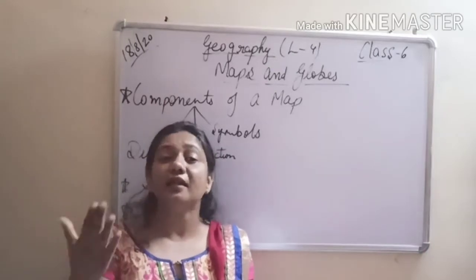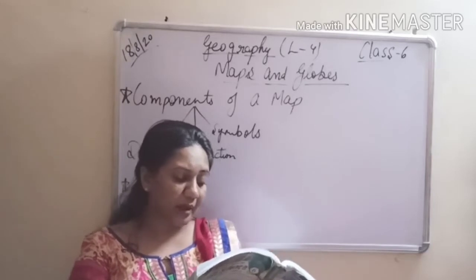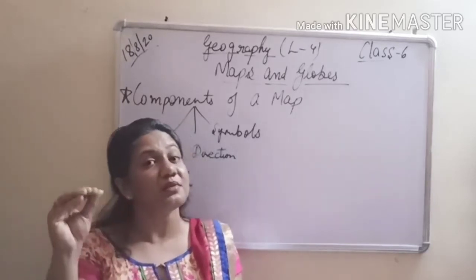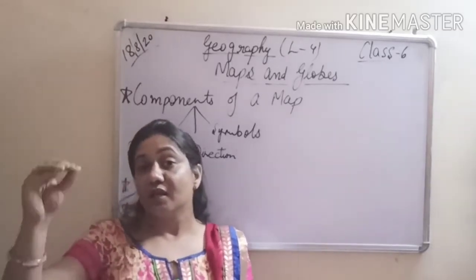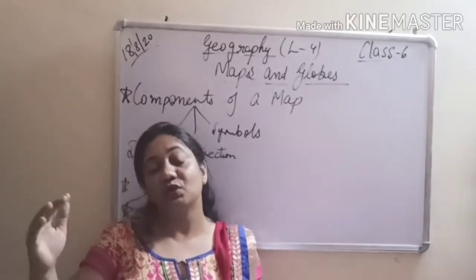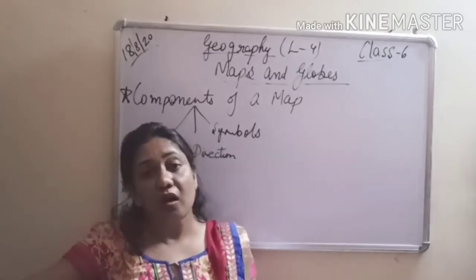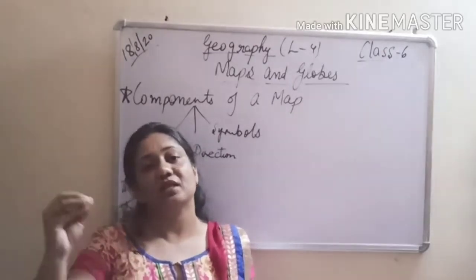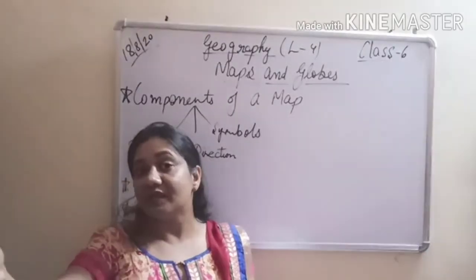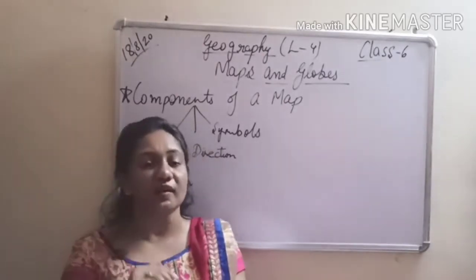Please underline. And then we have explained you with the help of an example. Suppose the scale of a map is 1 centimeter to the ratio of 10 kilometers. Now we are assuming 1 centimeter as 10 kilometers. Since we cannot represent 10 kilometers or 100 kilometers on a map, so what we use? We use centimeters and inches to represent long kilometers. So we assume 1 centimeter is equal to 10 kilometers, then 2 centimeters, 20 kilometers, then 3 centimeters, 30 kilometers. So this way we will represent the long distance in the shortest scale.